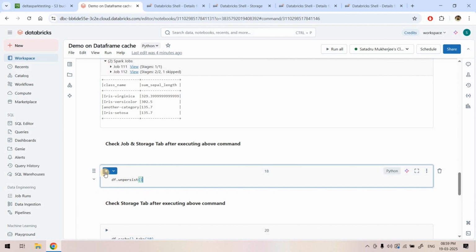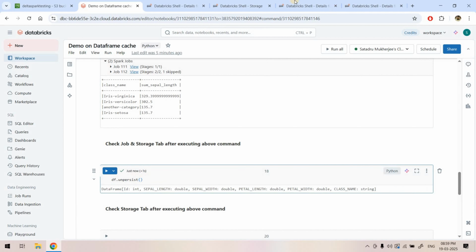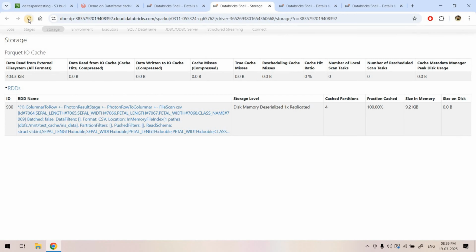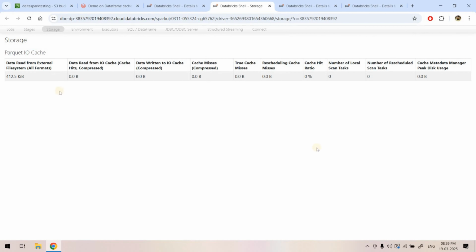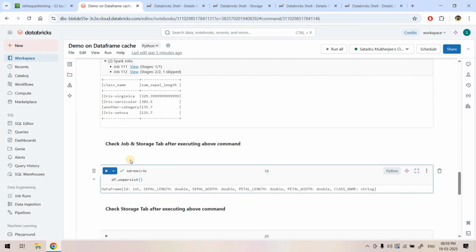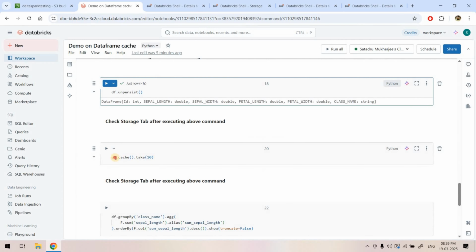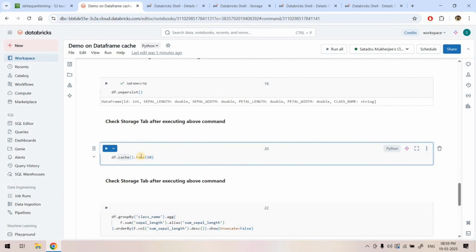And now what I will do, I will again unpersist the data to show you another important thing. Data is unpersisted. Now if we go back to the storage section and refresh the screen, here you will see that the saved RDD is gone, right? Perfect. Now I will again cache the data, but this time instead of caching the data using .count, I will